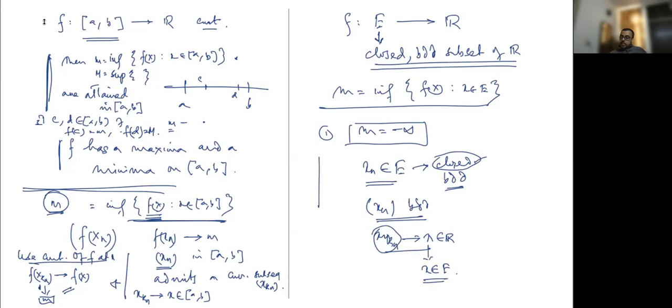So that [a, b] was an interval is not important. What is important is that it is closed and bounded. So the entire proof would go through. I'm not repeating. You can just look at the proof in the earlier case and check that everything goes through in this case also. So then you can have a stronger version of that result, namely that if E is a